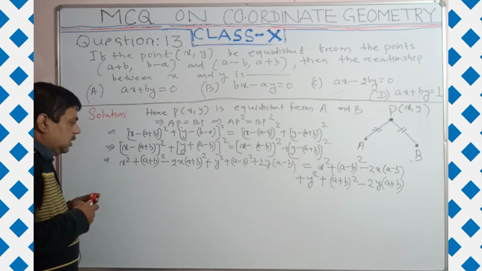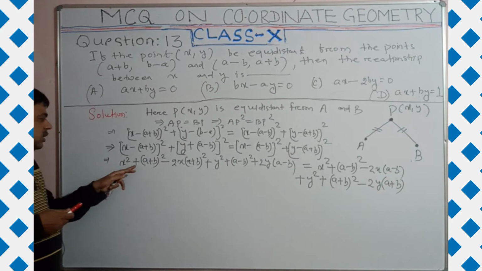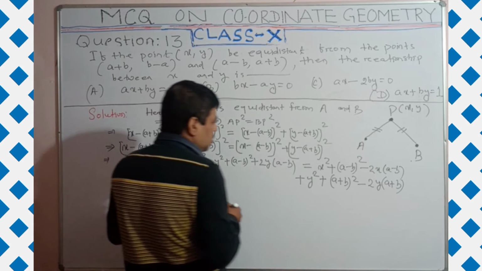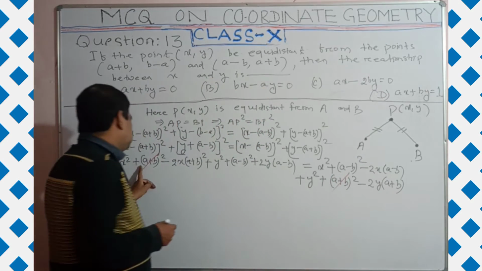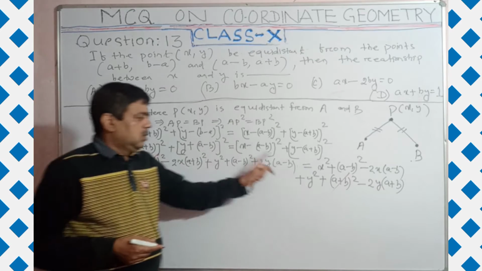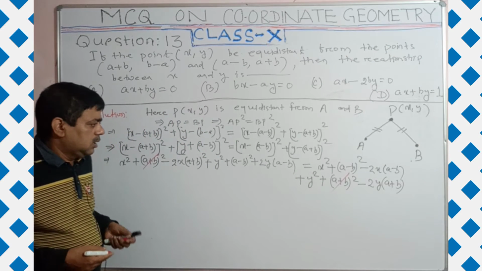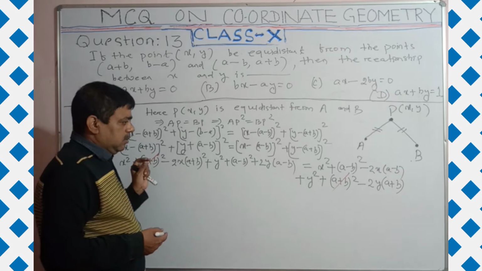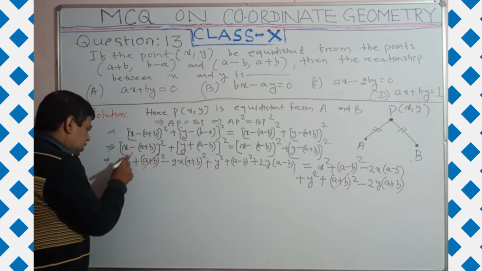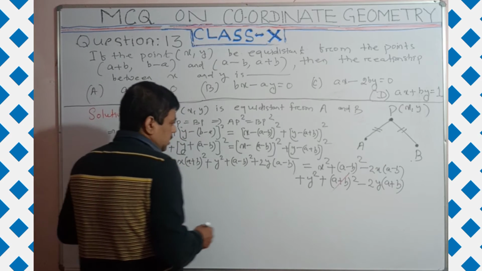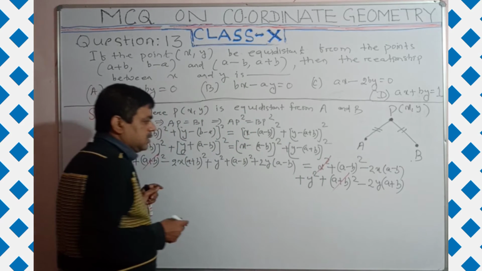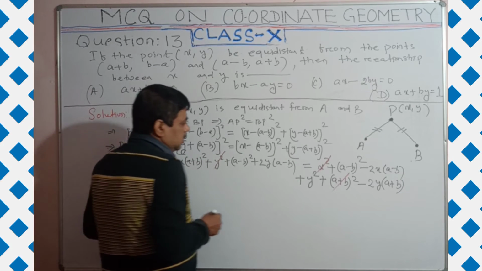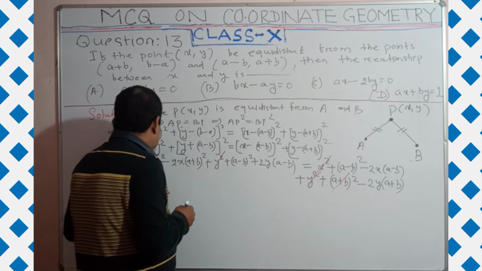Now after expanding, you see here, in the LHS is plus (a plus b) whole square, and the RHS is also plus (a minus b) whole square, plus (a plus b) whole square in the LHS and plus (a plus b) whole square in the RHS. If the same algebraic expression has the same sign, it will cancel. Here you see plus x square in the left hand side and plus x square in the right hand side, we can cancel same sign and same term. Similarly, plus y square in the LHS and plus y square in the RHS, we can cancel.